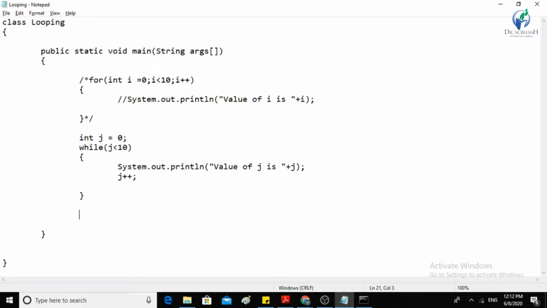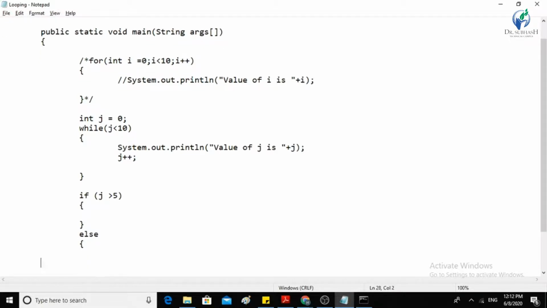Okay, now we want to see the if else structure. Let's say I define if j is greater than 5, then I would like to print something, else I would like to print something.